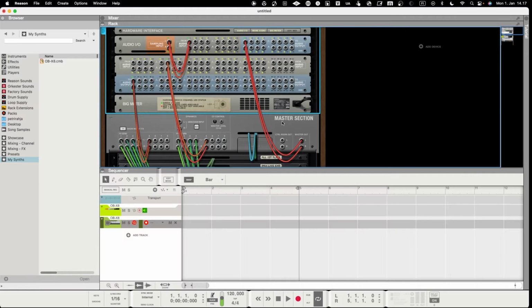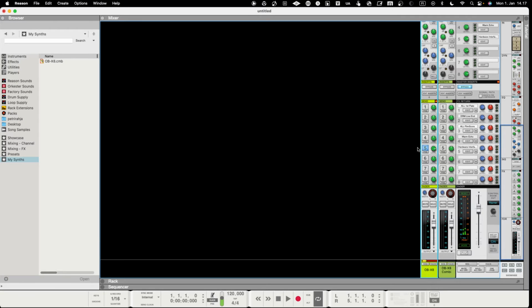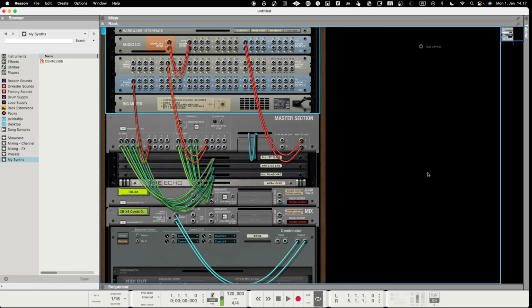So let's go back to mixer. And this is how you can then select how to send it or which channel you want to send to, for example, in this case, to reverb and play it and then arm them so that it does send out. And you can control the level from the mixer. But yeah, that's basically how to send things out to outboard gear and route them back in as part of